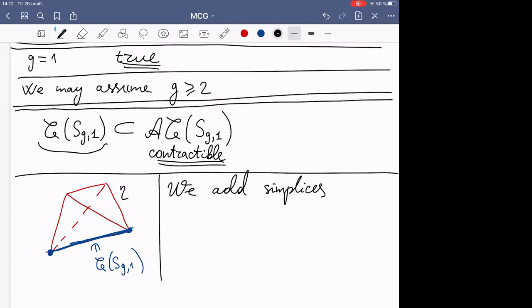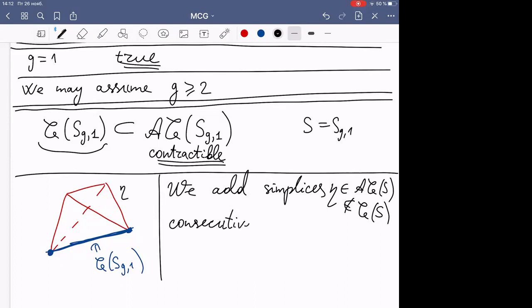Let the simplex be added. We add simplices that belong to the arc and curve complex. I just denote this surface by S, but do not belong to the curve complex. We add them consecutively